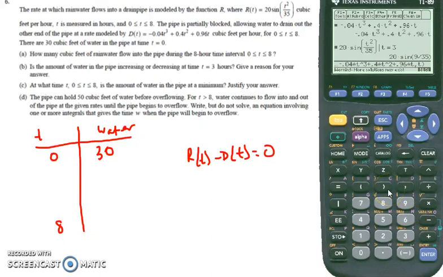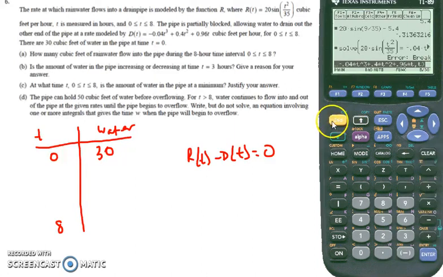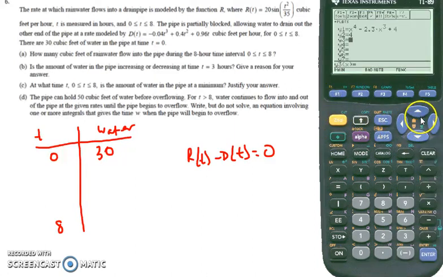And the reason why I commented that I don't know if this is going to work is because on the TI-89, if you're trying the solve function with a sinusoidal curve, you could have a problem getting infinite solutions. So I don't know if this is going to work. And it says busy for a long time, so I'm actually going to abandon that. And I'm going to go to my graph, which is always a good idea if you're trying to solve a sinusoidal function. So what I'm going to do instead is put the sine function on my calculator, 20 times sine